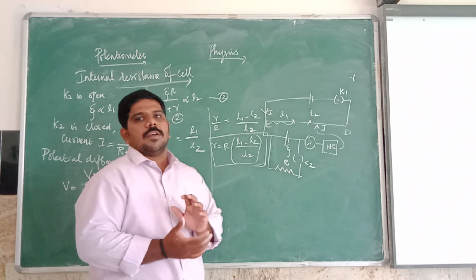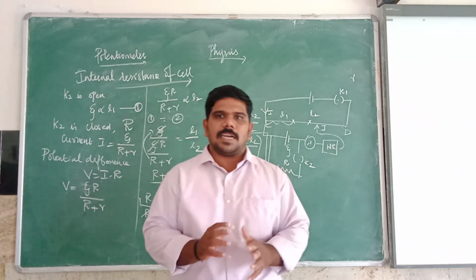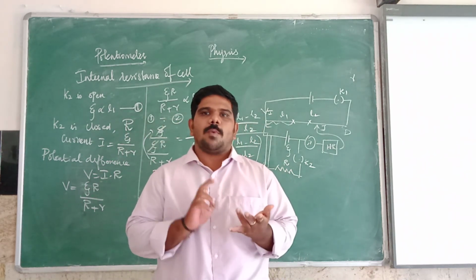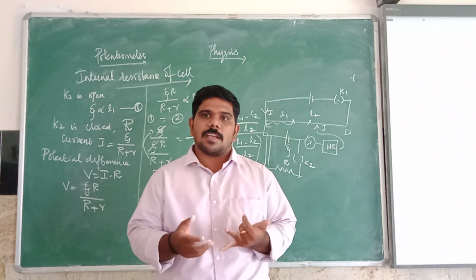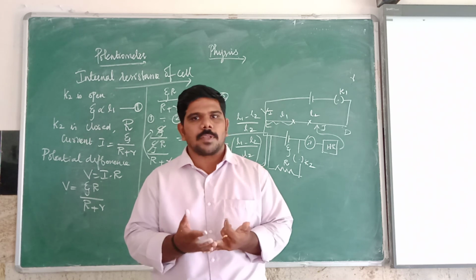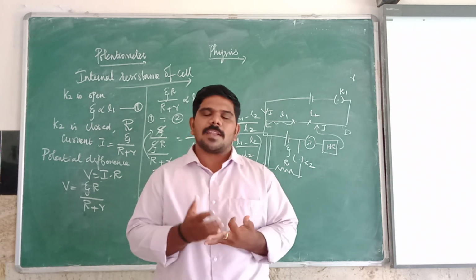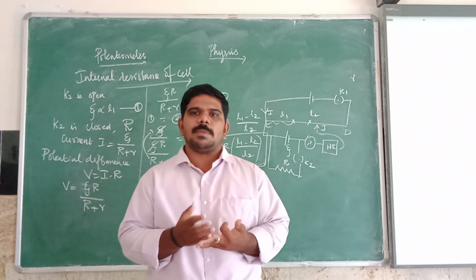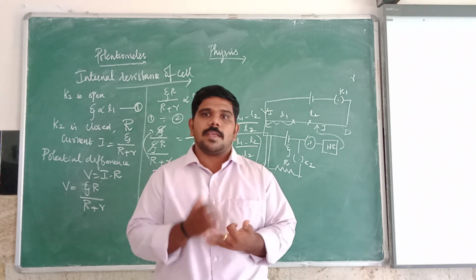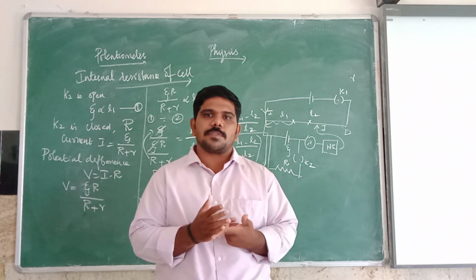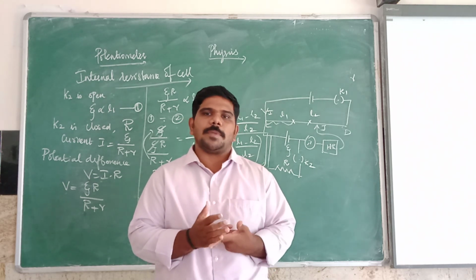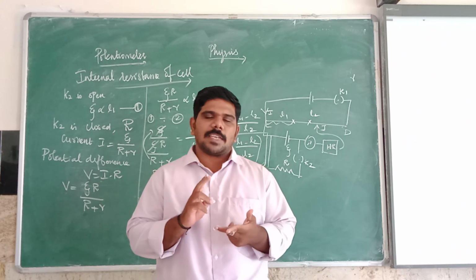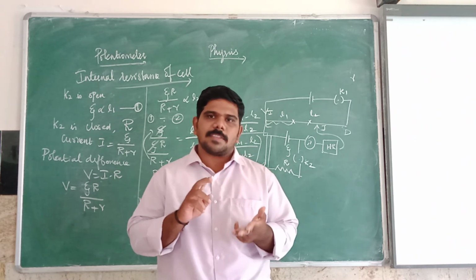So for this session, the questions we learned are: first question, what is meant by potentiometer? Second question, state the principle of potentiometer. They can ask for a 2 mark question as well as a 3 mark question. Then the third one is the comparison of two EMF cells using potentiometer, one of the important 5 mark questions. The next one is the internal resistance of an EMF cell using potentiometer. So we have taken 2 important 5 mark questions as well as 2 important 3 mark questions.